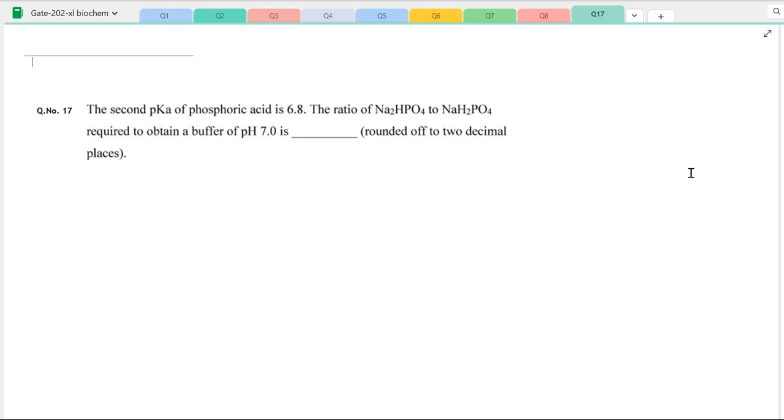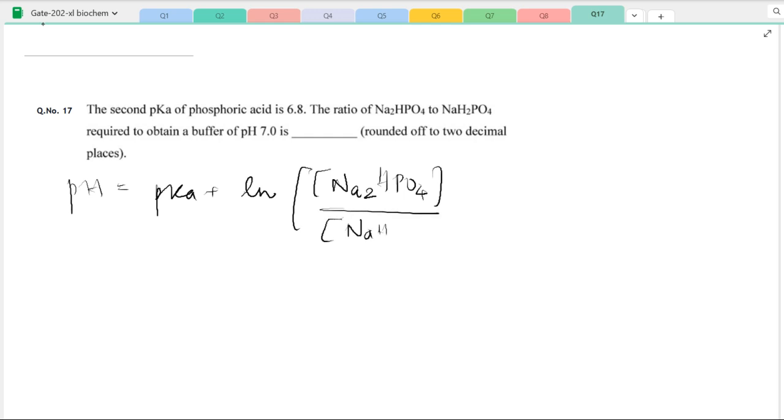The second pKa of phosphoric acid is 6.8. The ratio of Na2HPO4 to NaH2PO4 required to obtain a buffer of pH 7 is. So this is the basic Henderson-Hasselbalch equation for buffer systems. pH is equal to pKa plus log of salt concentration, which is Na2HPO4, divided by acid concentration, which is NaH2PO4, right? The second pKa is already given for this conversion. So we know the pH is equal to 7. So 7 equals 6.8 plus